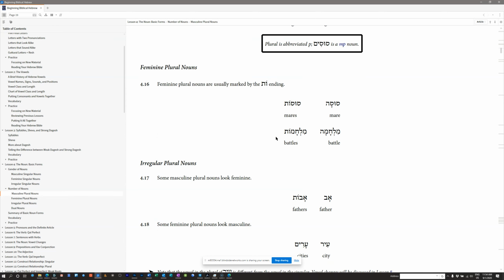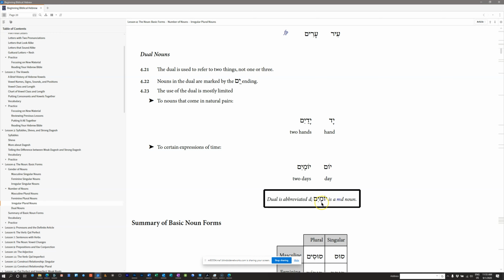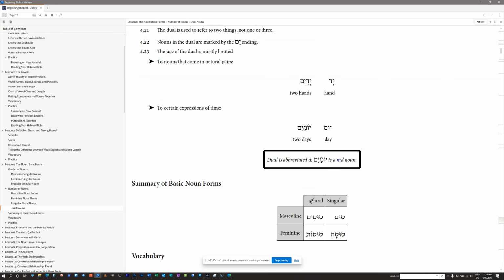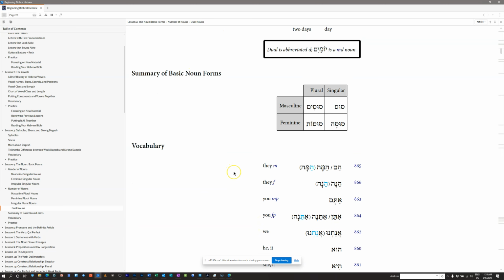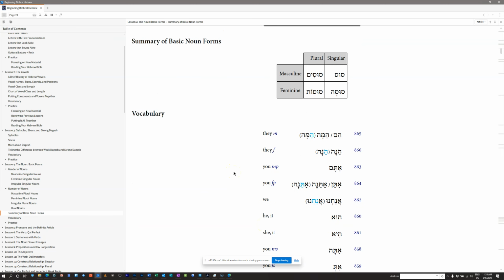And it's also helpful to memorize the dual form, which is basically the patach, yod, hireq, mem. Right? And here, this chart right here, you gotta know this one backwards and forwards. You gotta have this memorized, okay? That said, read all the information here. It's very important. All right, we'll leave it there.